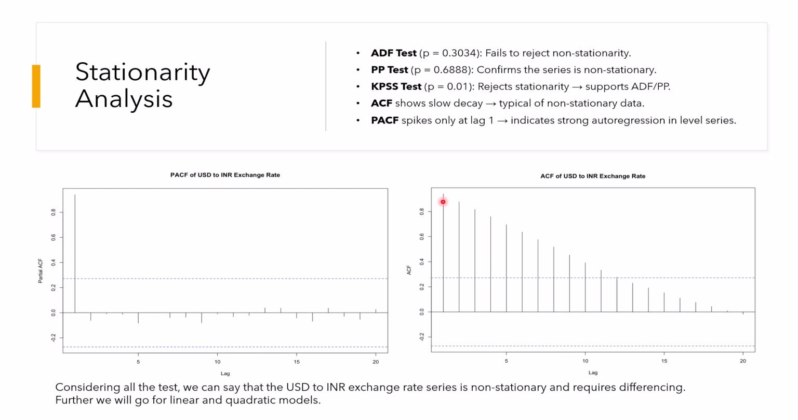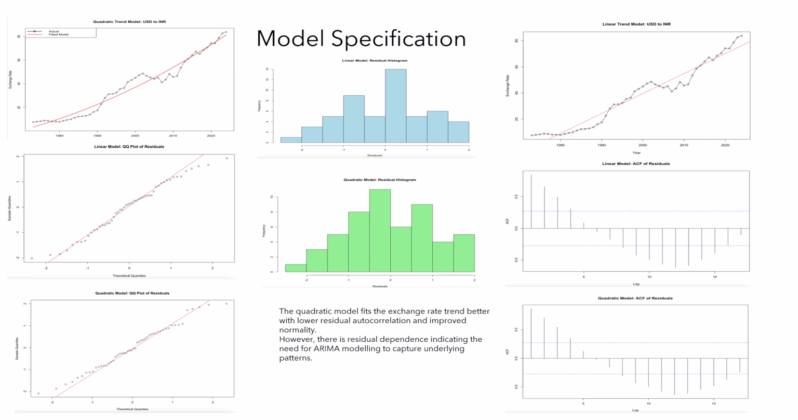Further, the ACF shows a slow decay, which is common with non-stationary data, and a clear spike at the PACF shows strong autocorrelation. So overall, we can say that the data is non-stationary. Before moving forward, we'll need to differentiate the data. Model specification. After differentiating the data,